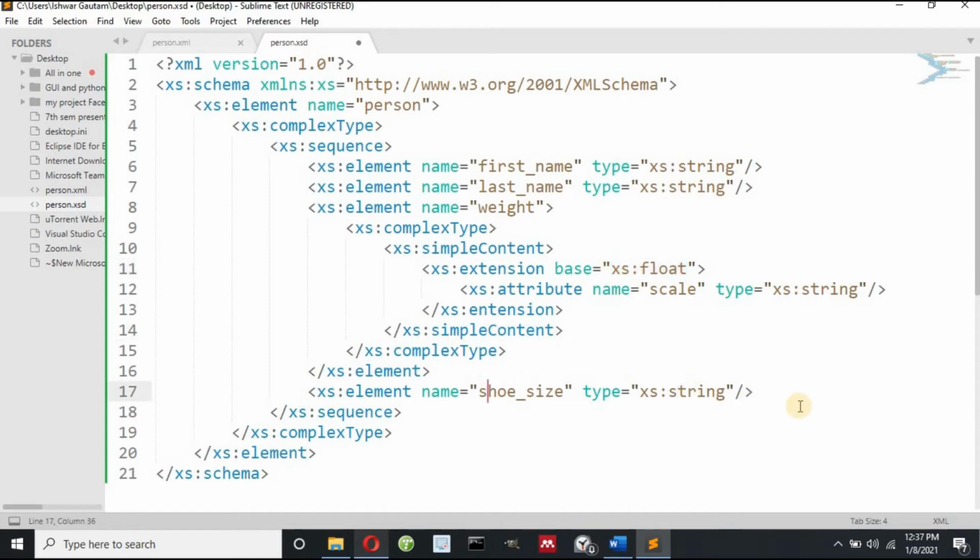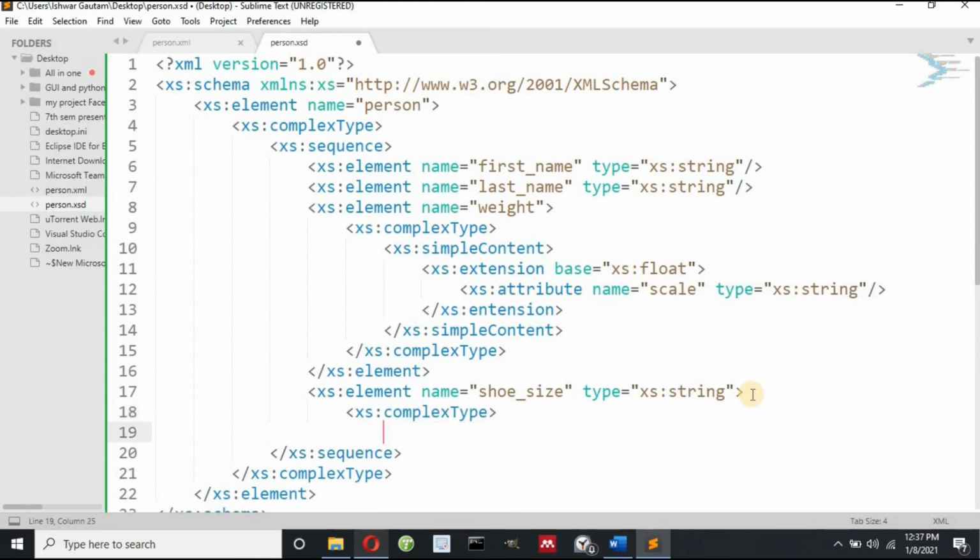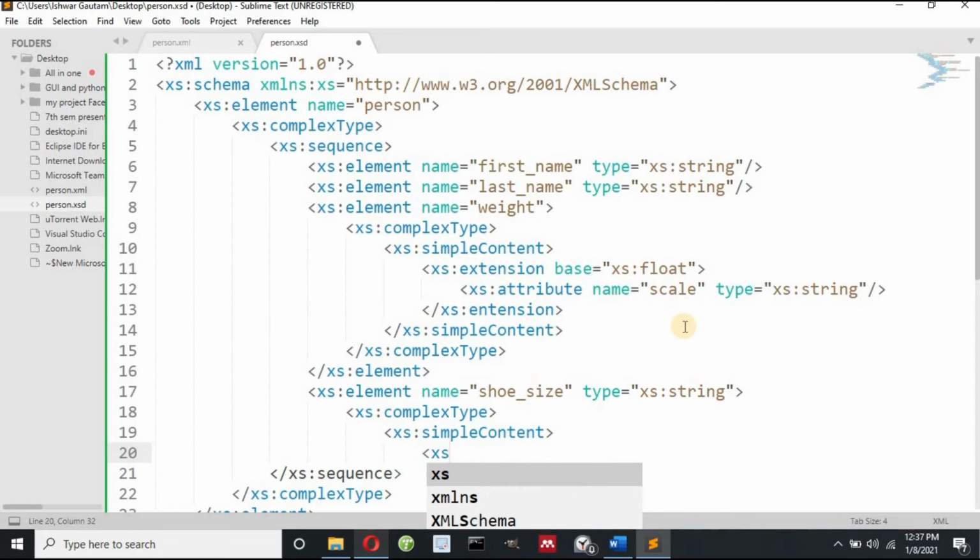In the same way, in shoe size, I have to first delete this closing sign, and then here I have to write xs:complexType, and then here I have to write xs:simpleContent, and then you have to write xs:extension base.